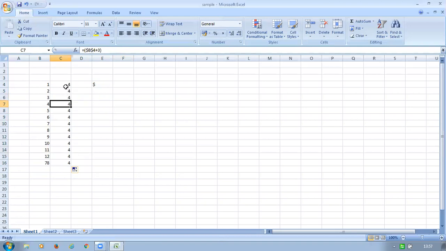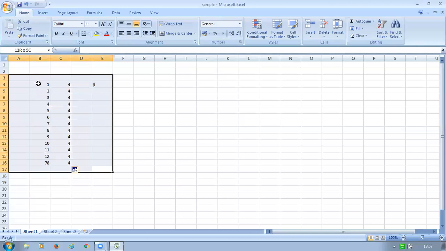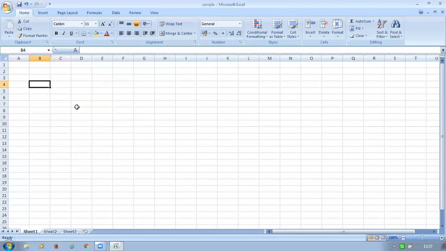If I keep the dollar symbol here, the B value doesn't change, meaning the cell number won't change. That is the constant cell we are adding to. While doing the problems, we come to know the use of this dollar symbol. To keep any constant cell, we use the dollar symbol.